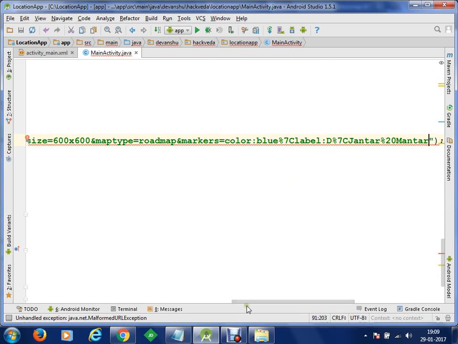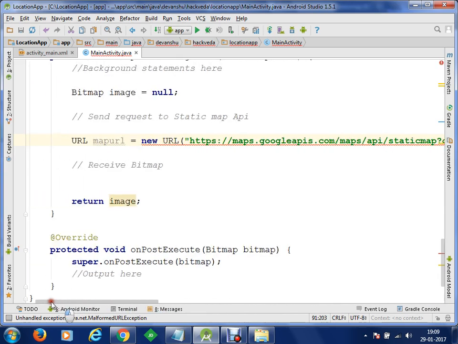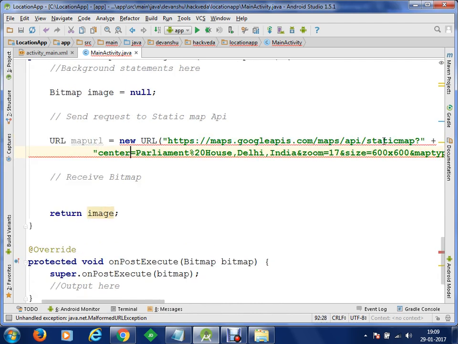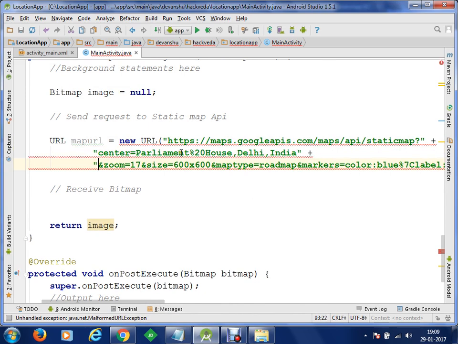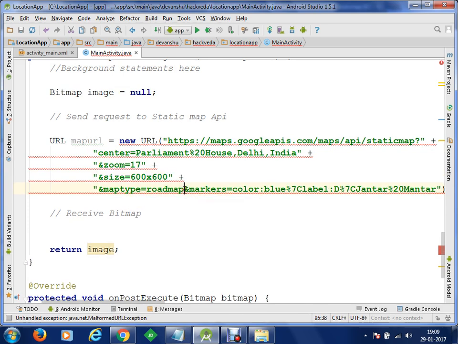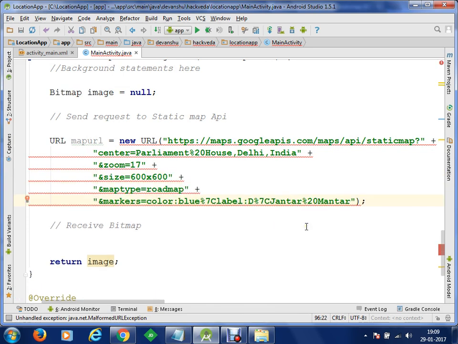Now I want to arrange it properly. For the arrangement, you can see that I'm going to put my center value to a location. Then after this center value, I would like to give my zoom size, image size, map type, marker, and all this information will be sent.